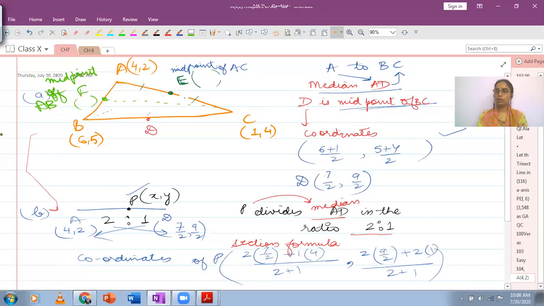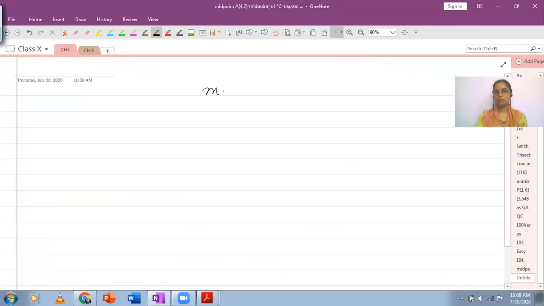You will get its coordinates, and then they have said there is also a point on this median. The name of that point is R and the ratio is 2:1. Now be a little careful, the ratio we have to write, we have to write from the vertex towards the midpoint. So every time you have a median, it actually connects a vertex to midpoint of opposite side.